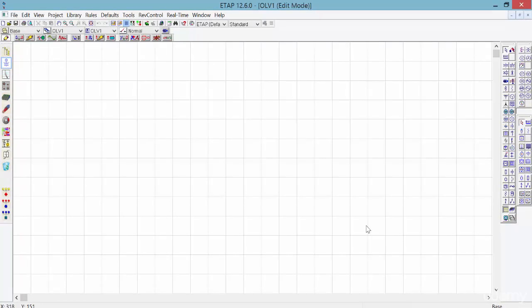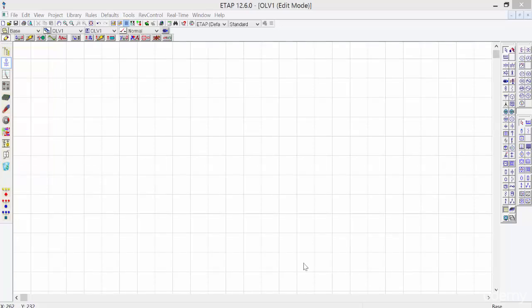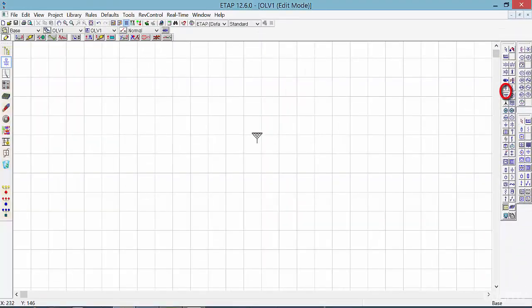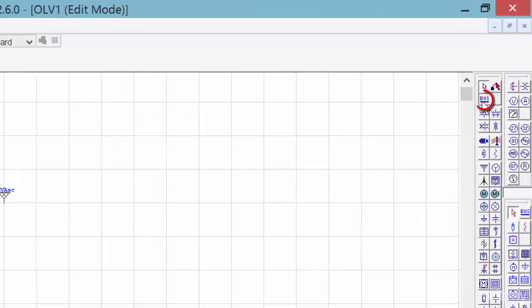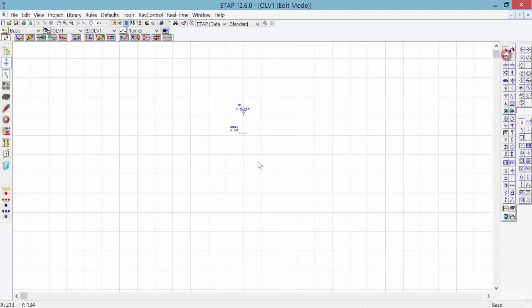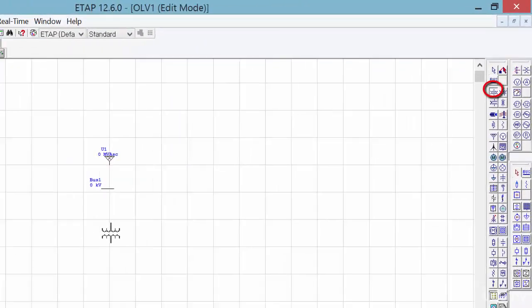Now together we're going to build a simple one-line diagram by bringing the power from the power source to the load. We can easily drag and drop each element needed from the element toolbar to the model space. In this sample project, we're going to need a power grid, a bus, a 2-winding transformer,